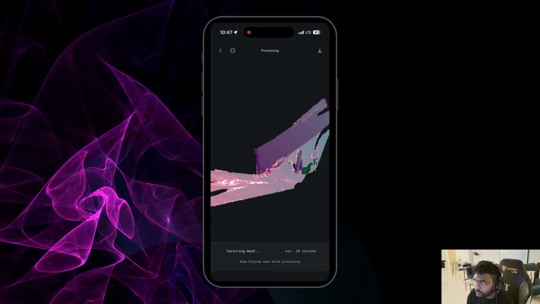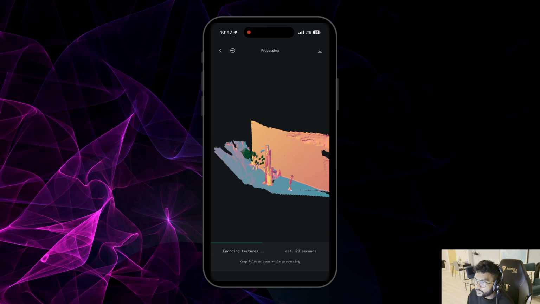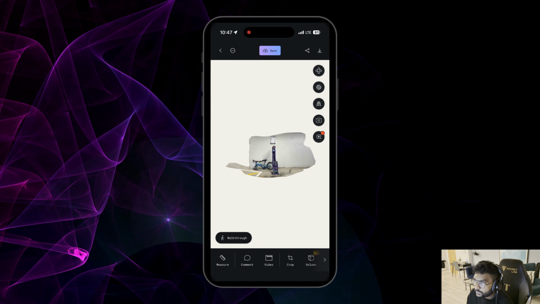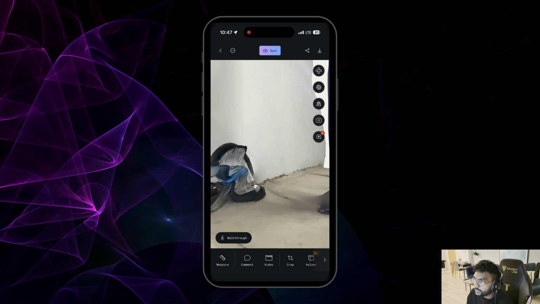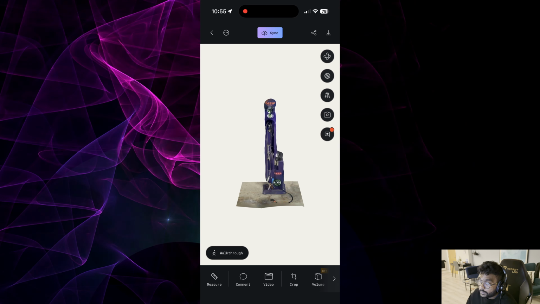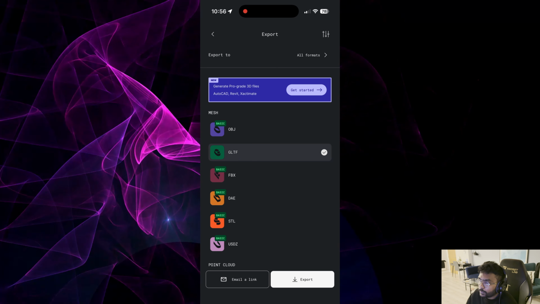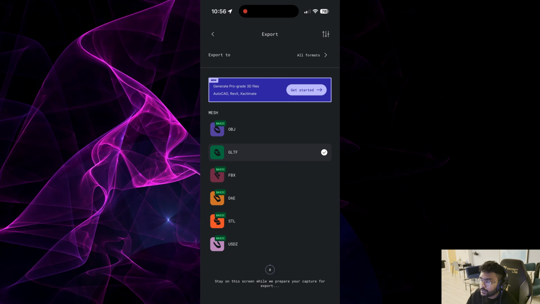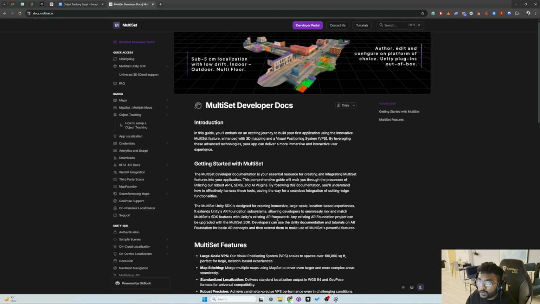So once it's processed, we are going to look at the output. Look, it looks really good, and if we want, we can crop it, and then we are going to upload this or send it to ourselves as a GLB. Once that is done, once our models are done, let's now go to